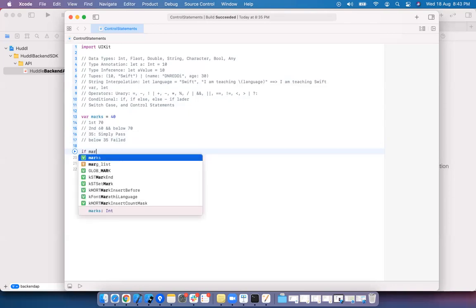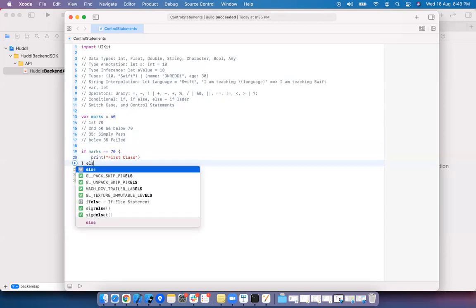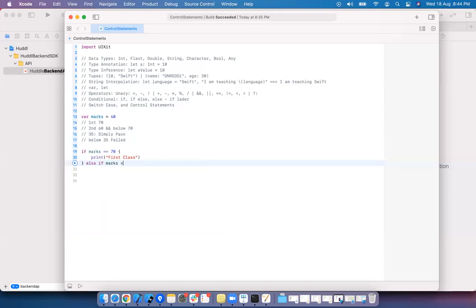First, we check marks greater than or equal to 70. If marks are 70, I display first class. Else if marks are greater than 60 and less than 70, here it is second class.